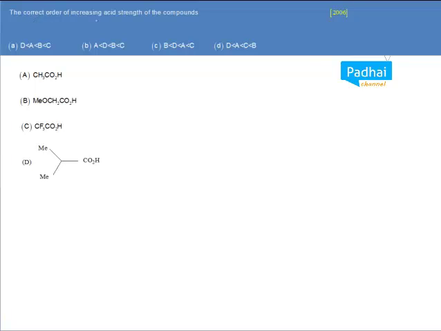The correct order of increasing acid strength of the compounds. These basically are the compounds, right? And these are the order givens. Now, acid strength, if I talk about, let us suppose all these are carboxylic acids. If I talk about the acid strength, then this is a general carboxylic acid. And when this dissociates, it basically gives acidity,